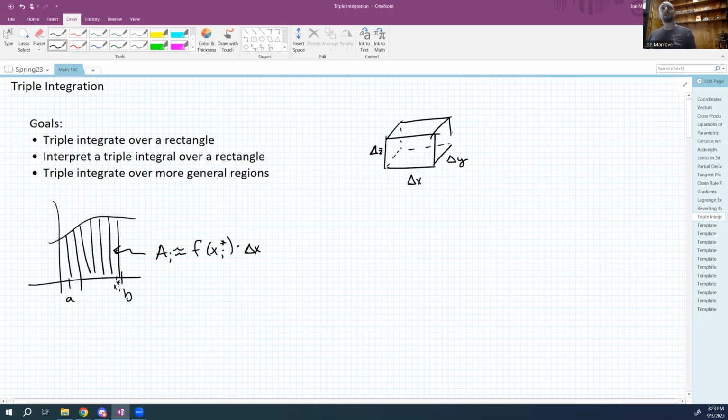Now, if I wanted to know the volume of this little box, I'd just multiply those three things together, right? So I might write something like a little volume box is basically an x change times a y change times a z change, right? This is going to be something we do a fair bit. In order to motivate triple integration, though, I need a question. So my question is something like,